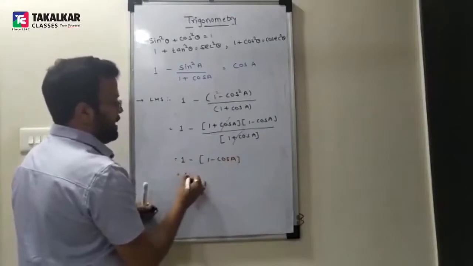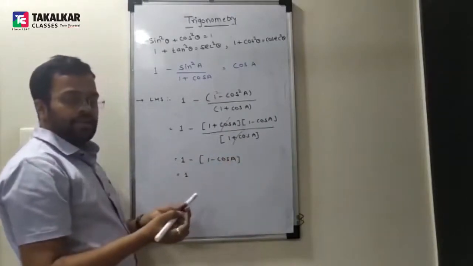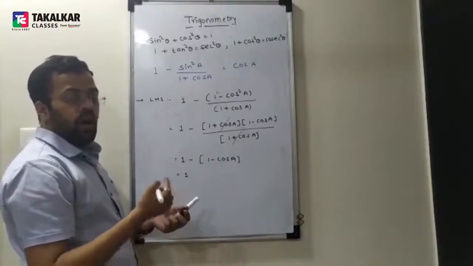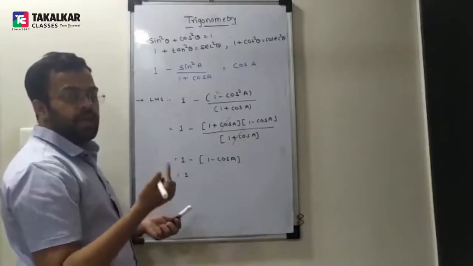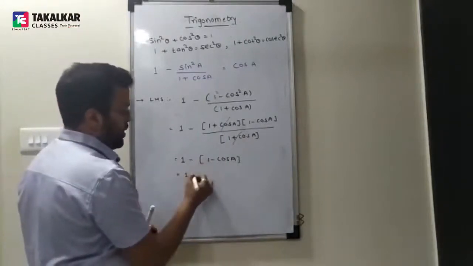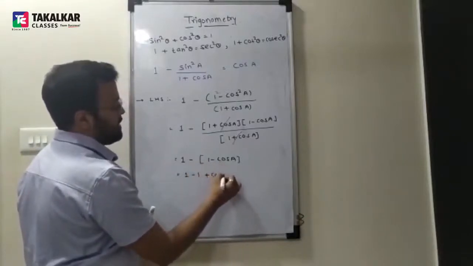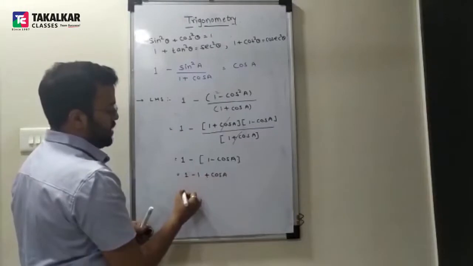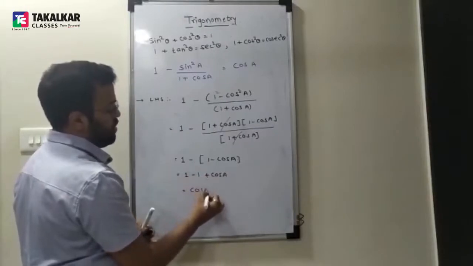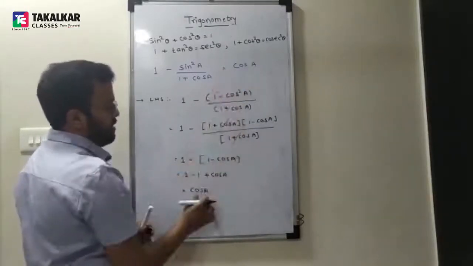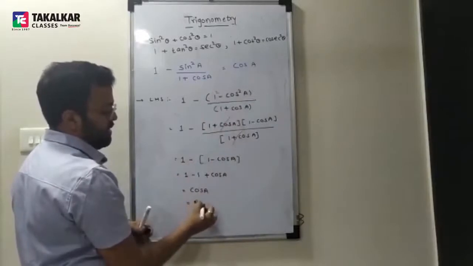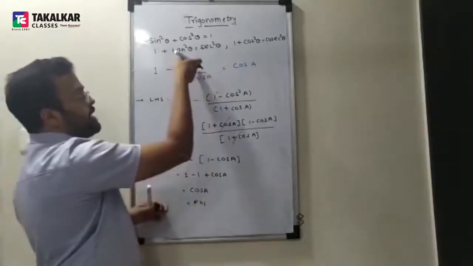Now open your bracket. Bracket के बाद minus sign है. हम पहले भी पढ़ चुके हैं. All inside terms will get changed. This plus 1 है. So this becomes minus 1 minus cos A. So this becomes plus cos A. Plus 1 minus 1 cancel. So what remains? Cos A. Is this easy? Getting this, यहाँ पे आपको sometimes you will get tan square.